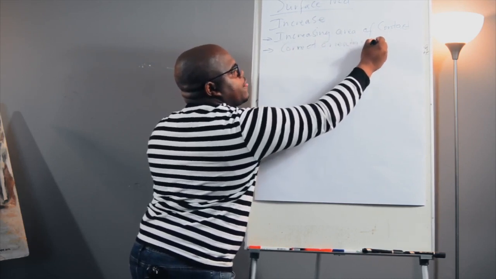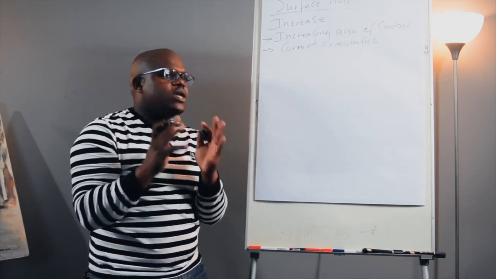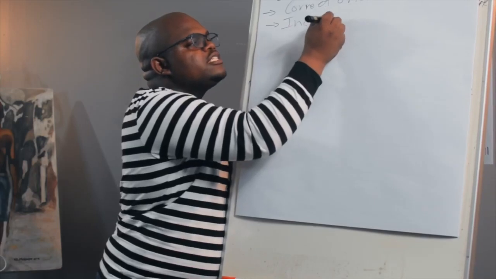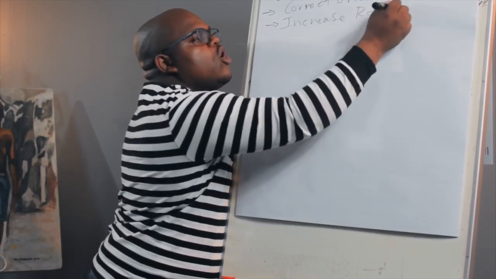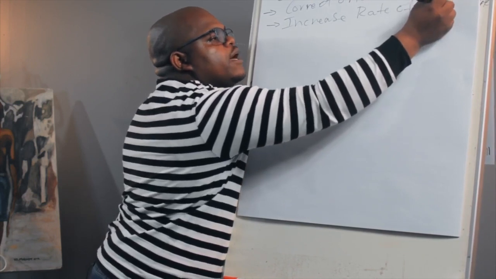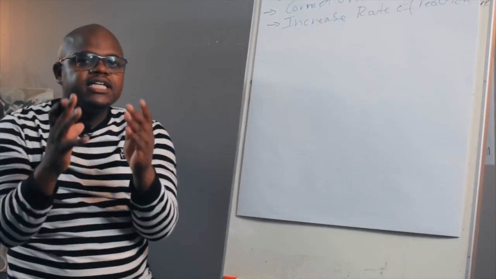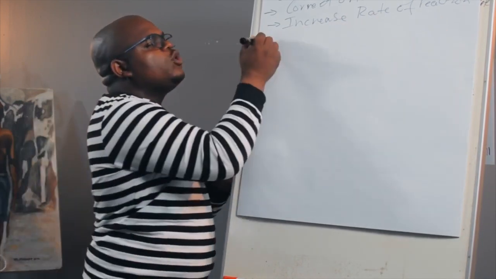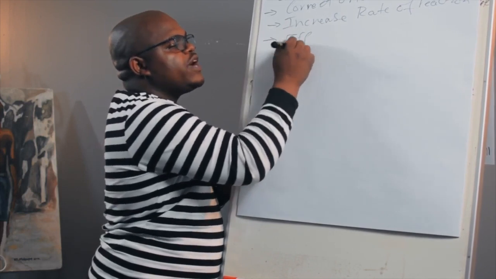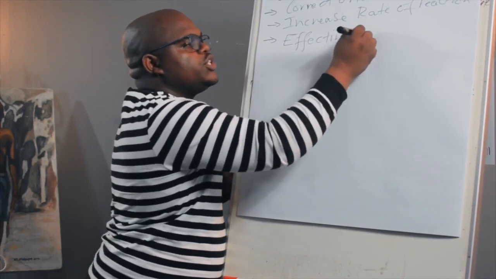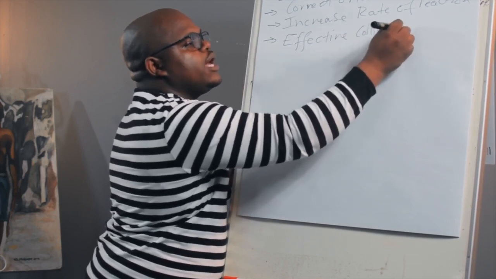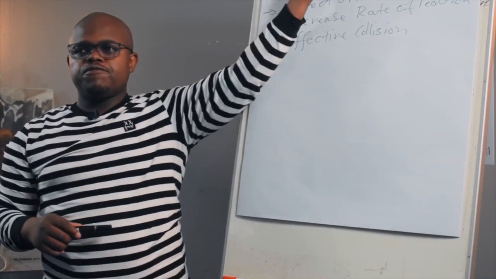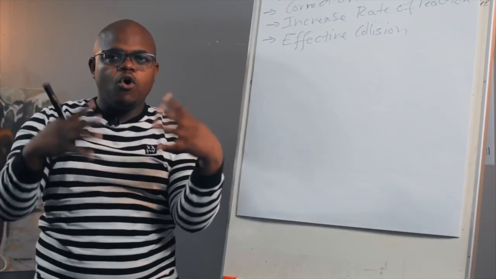Okay? Orientation. If there is correct orientation, what is happening? That means there will be an increase. An increase in what? In rate of reaction, okay? There will be an increase in rate of reaction. If there is an increase in rate of reaction, that means there will be what? There will be an effective collision, okay? Now, this one, it's mostly likely to use in a form of a chain or a compound, where